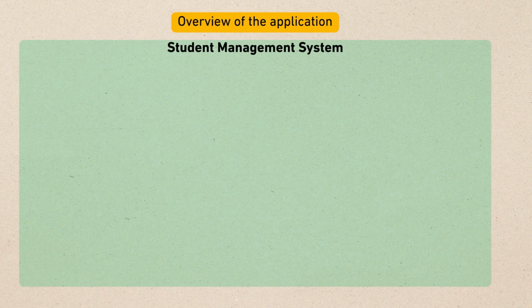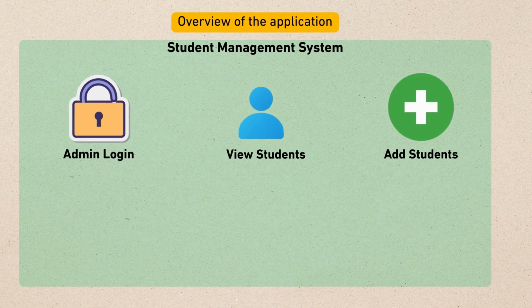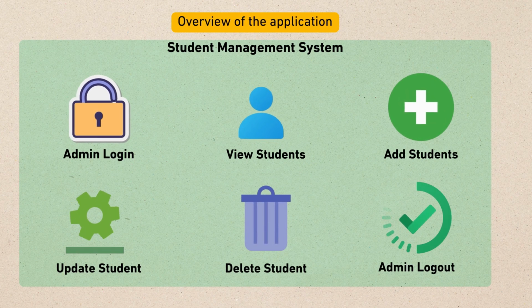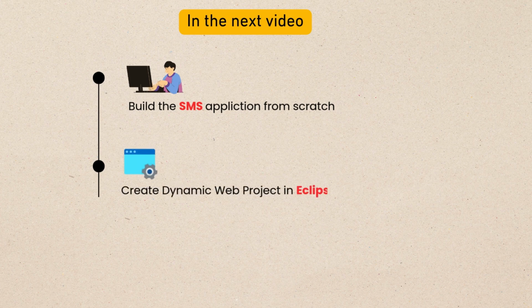So this is the complete overview of the student management system application that we are going to build in this series. As you have seen, the admin can log into the system, view all students, add new students, update existing student details, and also delete students from the database. In the next video, we will start building this project from scratch. First, we will create our dynamic web project in Eclipse, configure the project properly, and then set up the Oracle database that we will use to store our